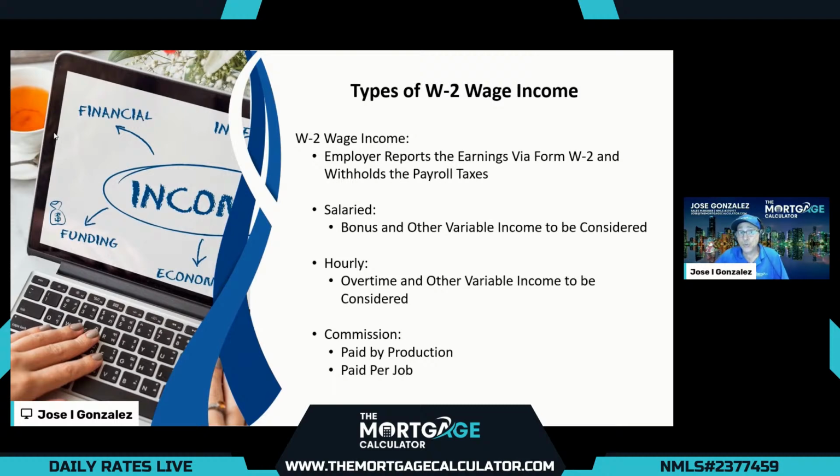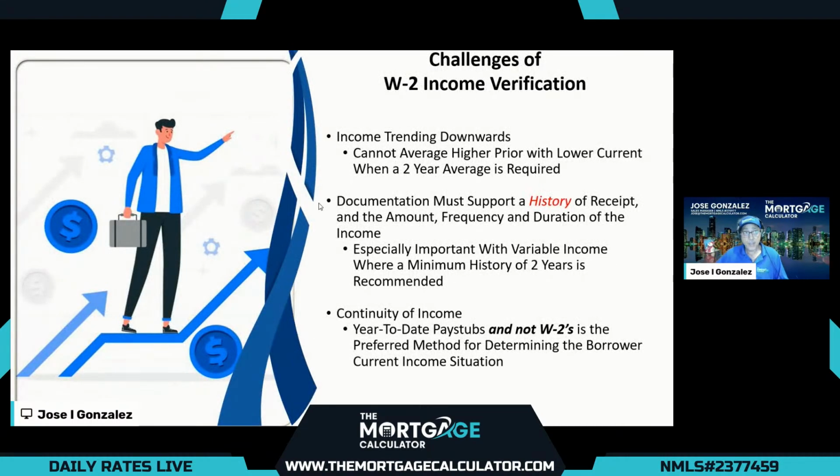And that's going to mess up your calculations if you simply go to the pay stub and say, oh, yeah, they work 40 hours a week times $20 an hour. They make $800 a week. And oh, yeah, on their pay period, they get paid every 2 weeks. So I'm going to multiply that times 26, divide by 12, and I'm going to get my monthly income. But you didn't look at the year to date, taking into consideration factors like working less hours, a raise, taking time off. And that's why I break that down here in the challenges that are faced with W-2 income verification,